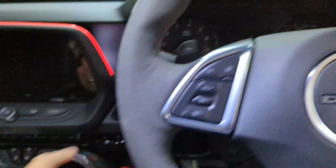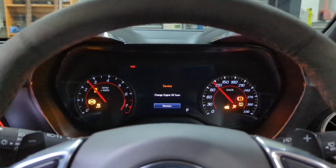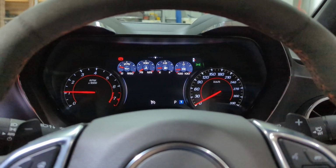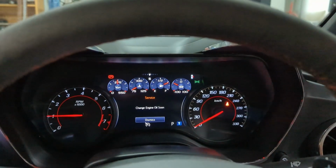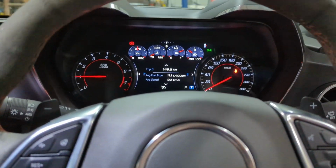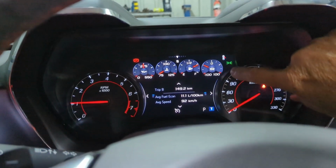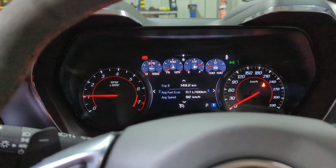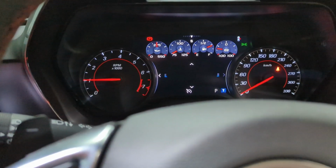So when we start her up, one thing you notice, standard exhaust, much quieter than mine. It is due for a service, although as I say, it's been serviced every couple of 100 Ks lately, so not a big issue. Now one thing I notice, they've got the boost gauge for the supercharger on the standard layout, and I notice when going through the options as well,